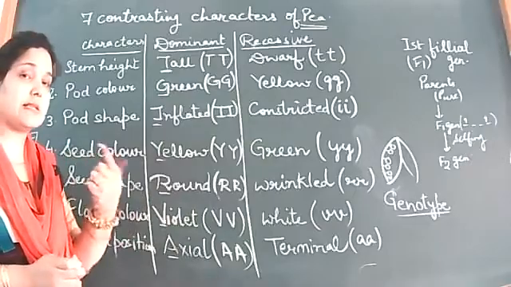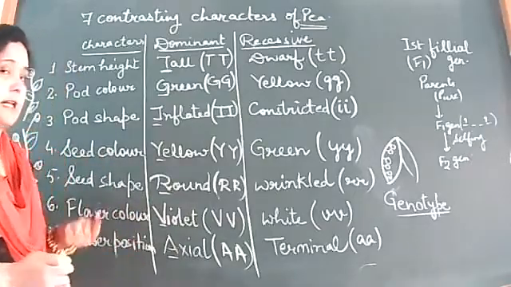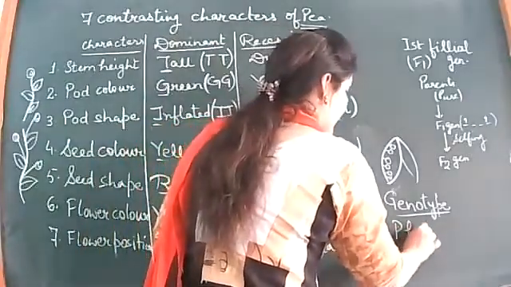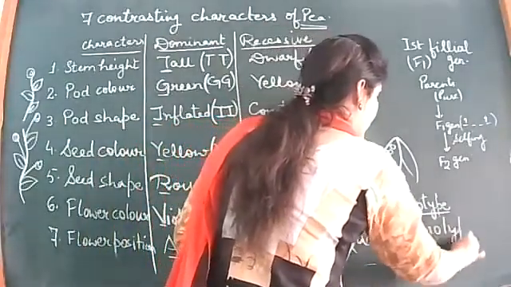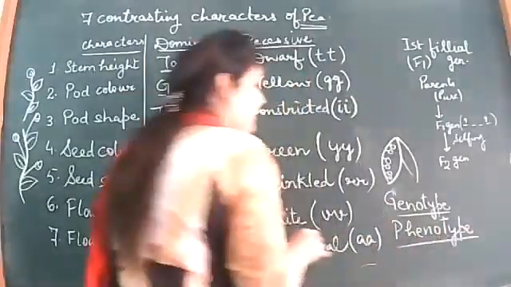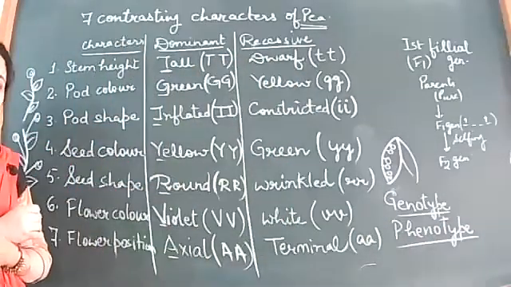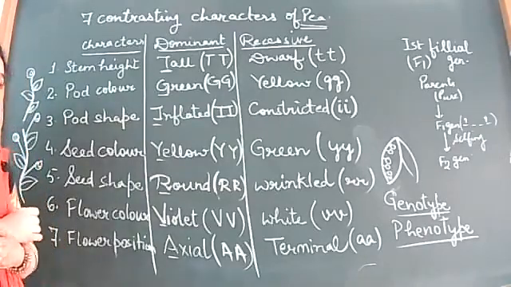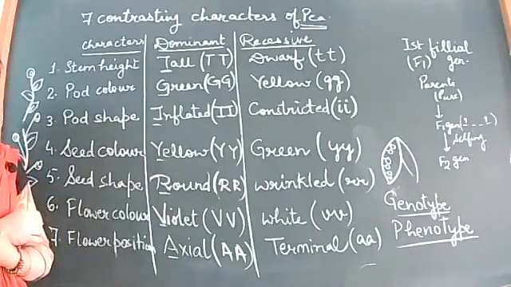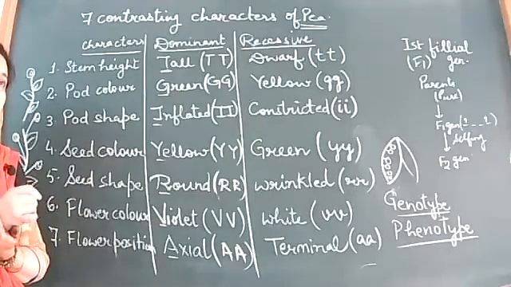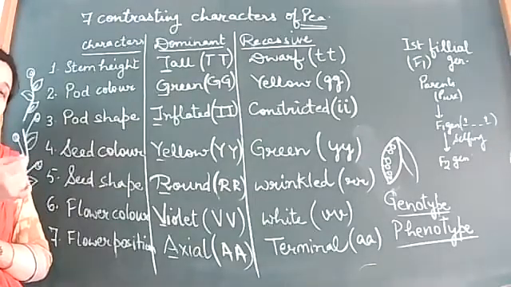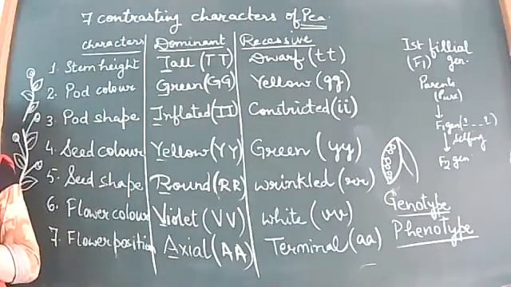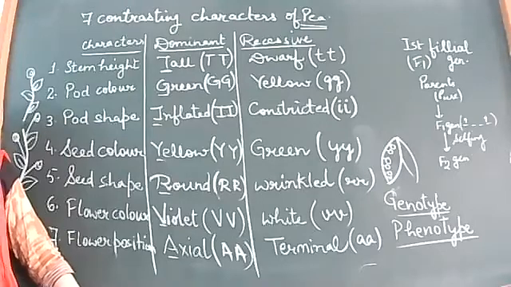So when we express it in a physical manner, the characters which are seen in the physical way, how they appear to us, we write as phenotype. That is the biological term we have used here. Writing the expression in its physical form, we say phenotype, and writing the expression in the genetic form, we say genotype. So phenotype and genotype.